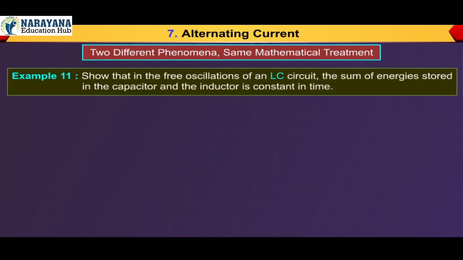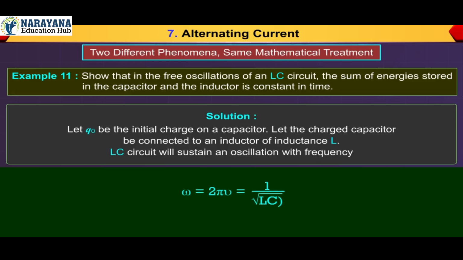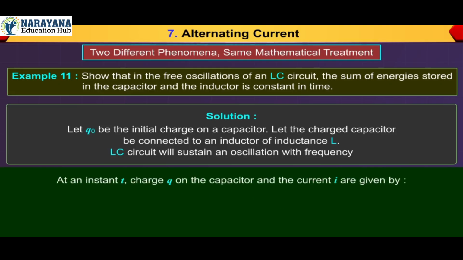Example 11. Show that in the free oscillations of an LC circuit, the sum of energies stored in the capacitor and the inductor is constant in time. Solution. Let Q0 be the initial charge on a capacitor. Let the charged capacitor be connected to an inductor of inductance L. The LC circuit will sustain an oscillation with frequency ω = 2πν = 1/√(LC). At an instant t, charge Q on the capacitor and the current I are given by